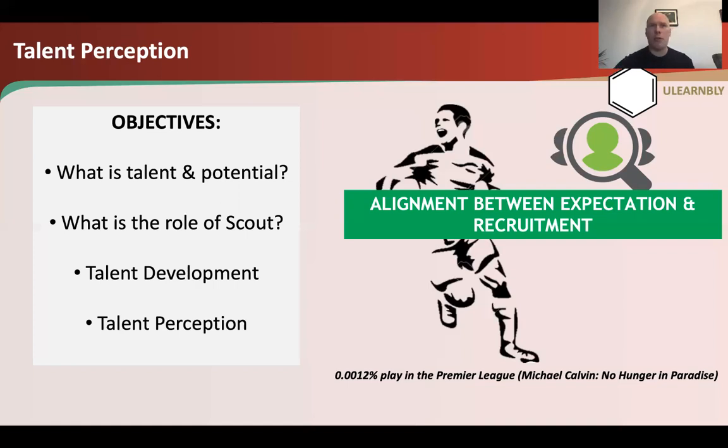The players that are coming through, certainly the academy system now, but even at grassroots level, there's some outstanding work going on, probably more so now because of platforms like Ulearnably, platforms with the FAs and with many different federations, so much information on YouTube. There's a lot of noise, but there's a lot of information. There's a lot of content now. So coaches are probably more educated now than ever before. Players are coming through a different style of teaching and coaching now than previously.